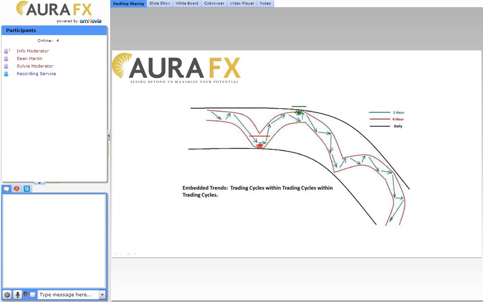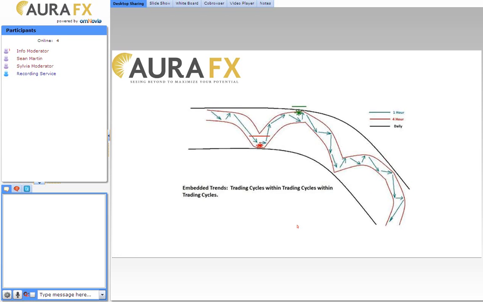Now, obviously, our goal in the perfect world would be to identify when the daily trend is down. Remember, we're trend traders, so we're looking for selling opportunities. And then we move to the 4-hour chart, and we see the 4-hour chart is also moving down. So now we're making sure all of our ducks are in a row to put the numbers and the odds on our side. And then when we see that ABC move on the hourly chart, we pounce. We jump on board with a high amount of confidence, not cockiness, but confidence that we're finding and taking advantage of a solid trading opportunity.